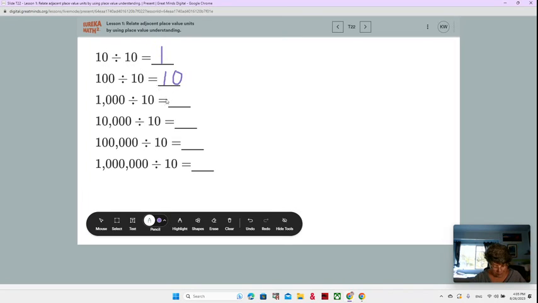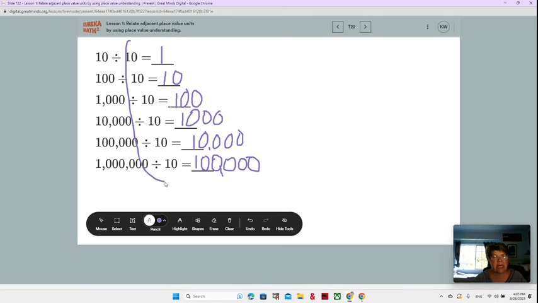How about 1,000 divided by 10? 100. 10,000 divided by 10? What do you think about those? 1,000. 100,000 divided by 10? 10,000. And 1,000,000 divided by 10? 100,000. So if you're looking at your place value chart, you might notice that because you're only dividing by 10,